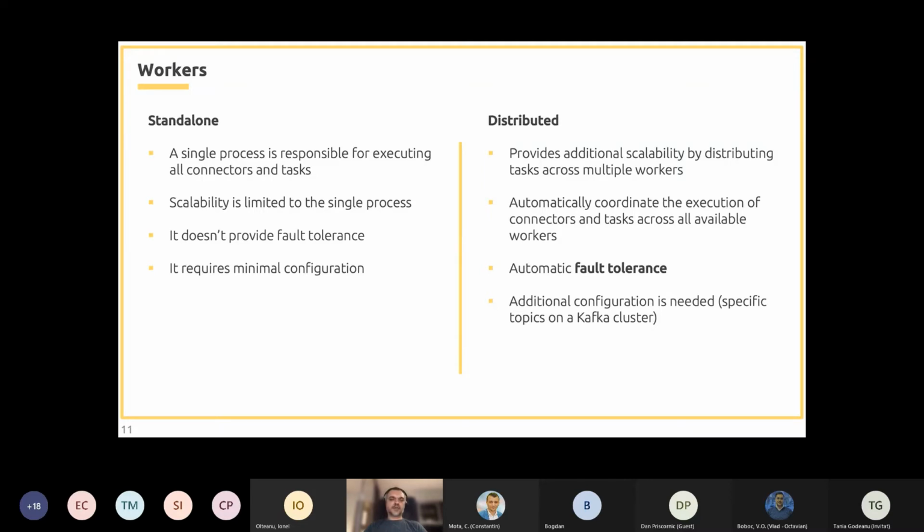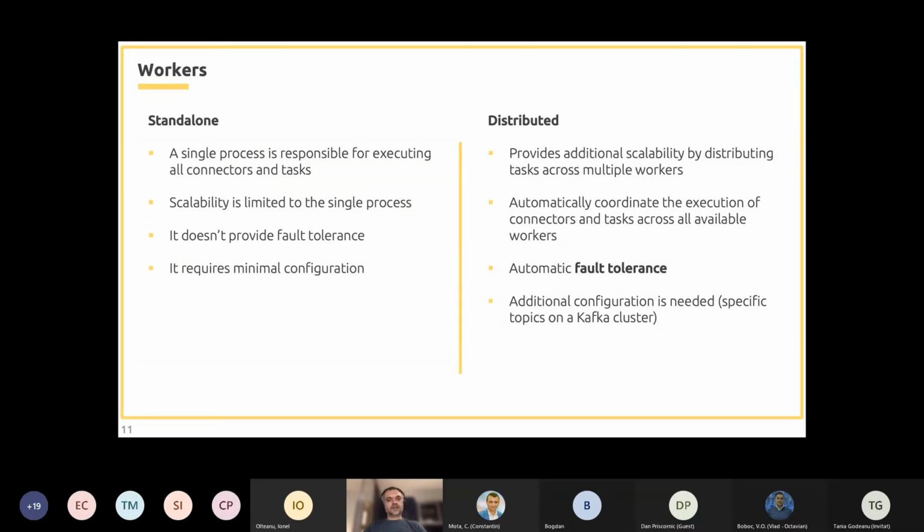And also, this operating mode doesn't provide any fault tolerance. And in standalone mode, the worker configuration and the connector configuration is stored in flat files on our machine's file system. And also the state of our tasks is stored in flat files.